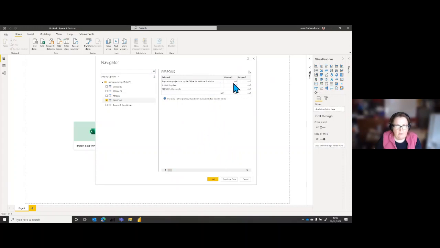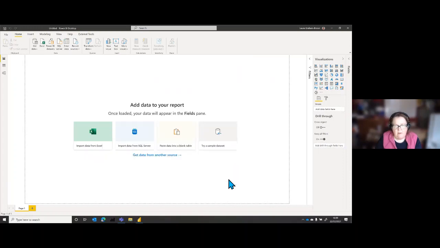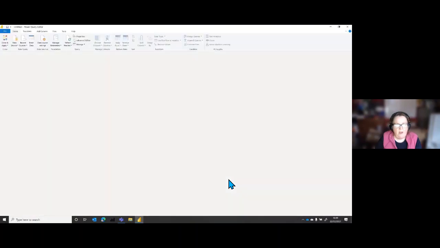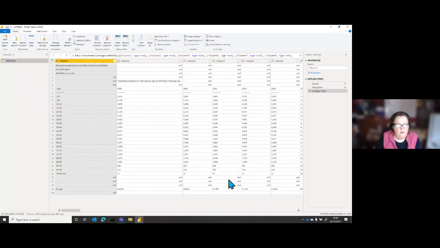But I need to clean it up first because this column 1, column 2, that's not how I want the data to be. So if you need to clean up your data, you need to do what's called transform your data. So I'm going to click on transform data. And this will fire up a separate window, which I'm hoping is going to open. Yes, it's opened in the right window, called Power Query. Power Query, I'm slightly biased, but Power Query is awesome. It can turn data around and make things work, etc. And tidying up is basically given the posh name of transformation.